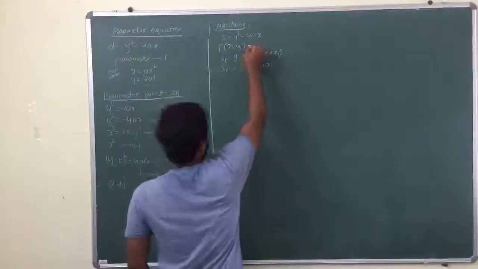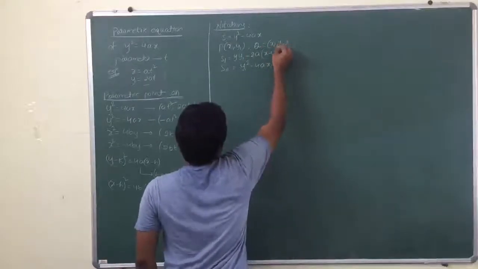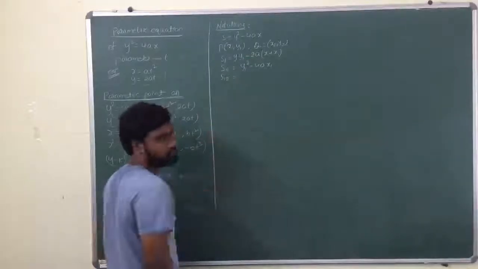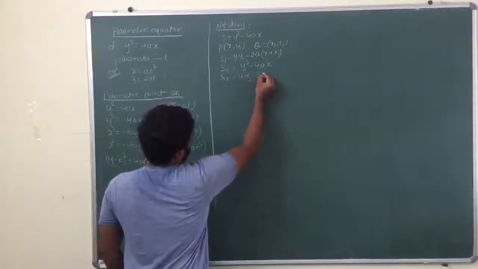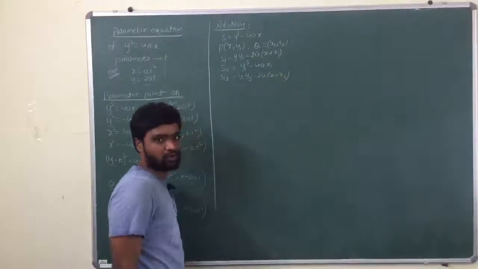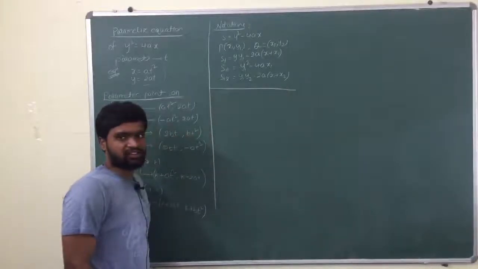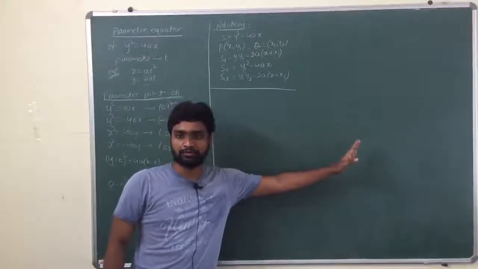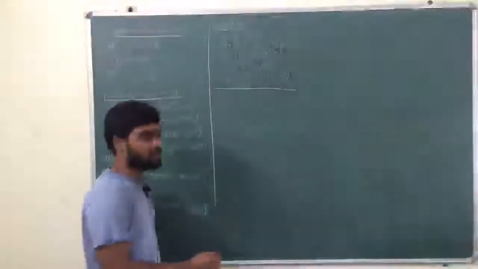Okay, suppose there is another point Q, x2 comma y2. And what will be s12? s12 is y1 y2 minus 2a of (x1 plus x2). That is the meaning of s12. So there is a notation similar to circles. Most of what comes from here we can relate to circles. Most of them will be similar to the formulas we have discussed in circles.